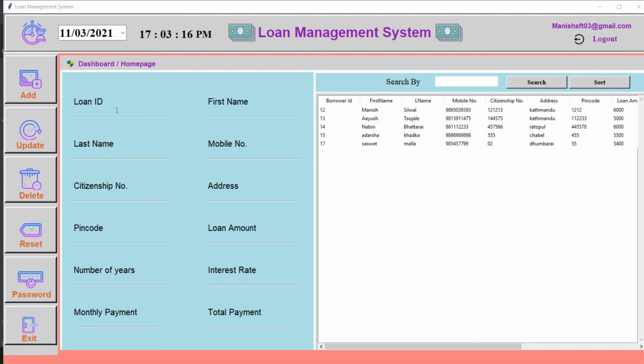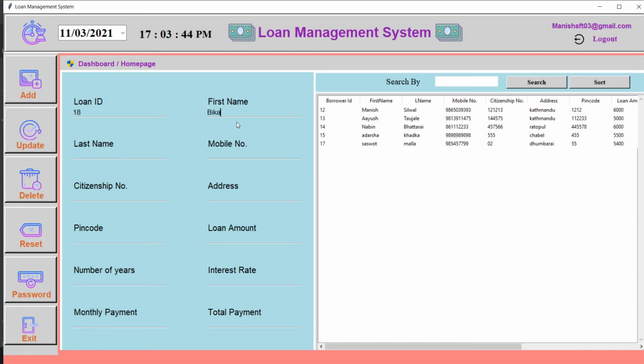First of all, let's work on the add function. Okay, let me enter 18. Then let's add the value Vikas.